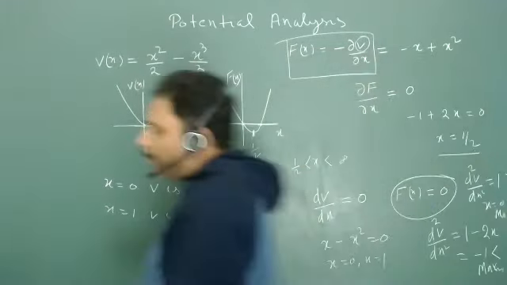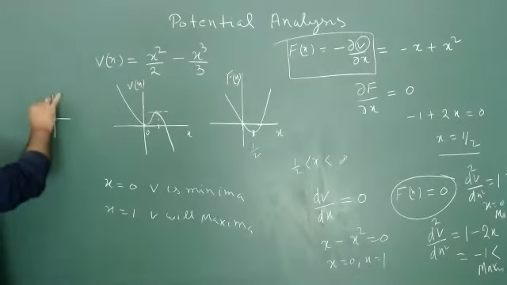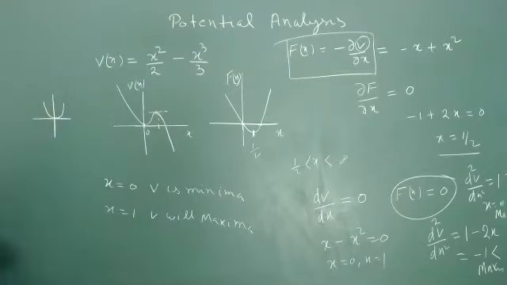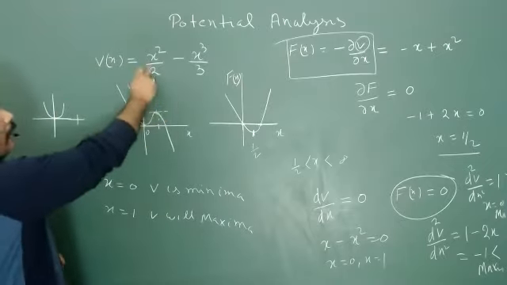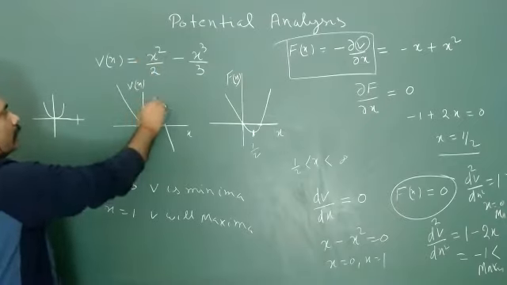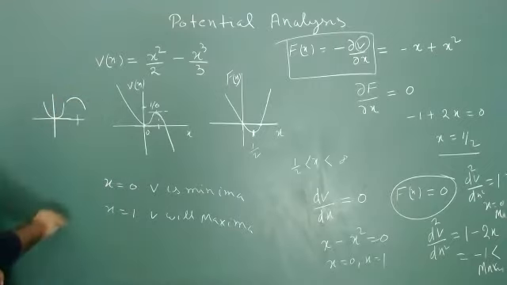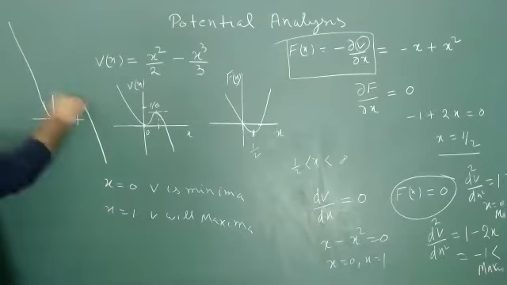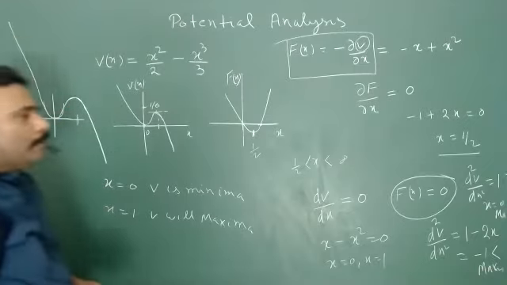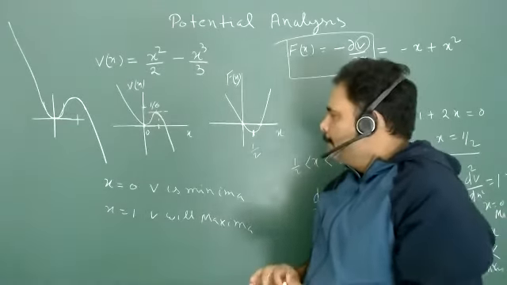And if you have local minima at x is equal to 0, we have a concave upward shape. And at x is equal to 1, we have local maxima. And what will be the maximum value? When you put x is equal to 1, that value is 1 by 6, isn't it? So at this particular point, the value is something like this. Now you can go on and come down here, and these regions are monotonically increasing or monotonically decreasing. Are you getting this thing?